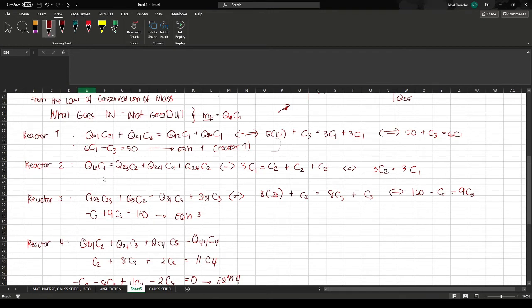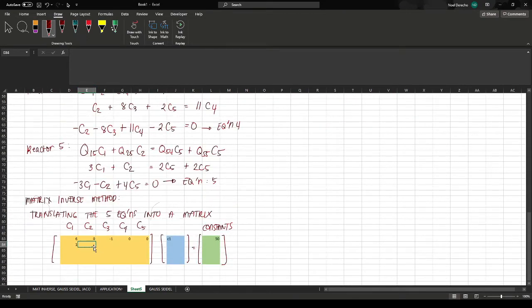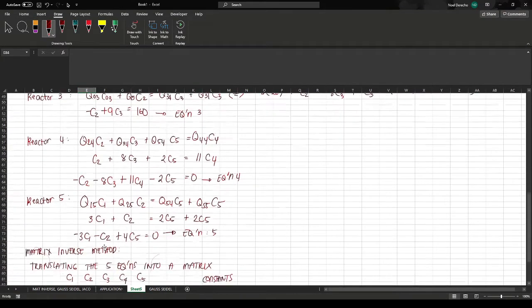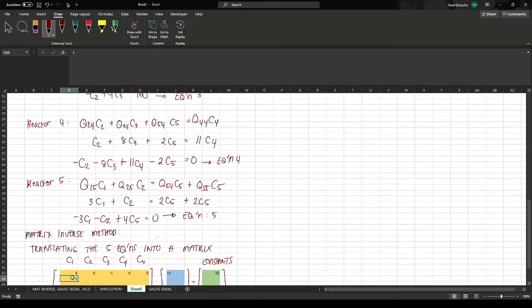So that should be 3C1 minus 3C2 is equals to 0. And this will be your equation 2. So that should be 3, then negative 3, then all 0. So this will be C2,